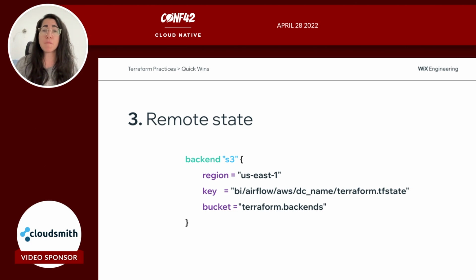And the last thing in the quick win section I want to show you is the remote state. By default, Terraform works with local state. Even if you're working alone, let's say you're the only one managing infrastructure, you should still think about backups, and about having the state secured and redundant, because if something happens to your local machine, that's not good. So you should really use a backend, like in this example. This is S3, but all cloud providers provide that. This way, the state will be kept remotely.